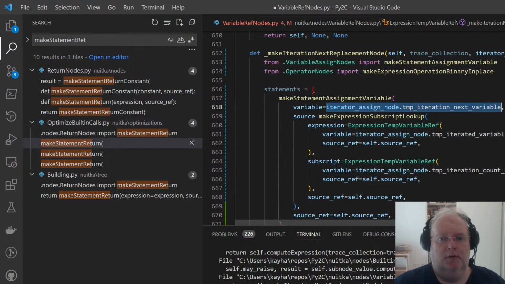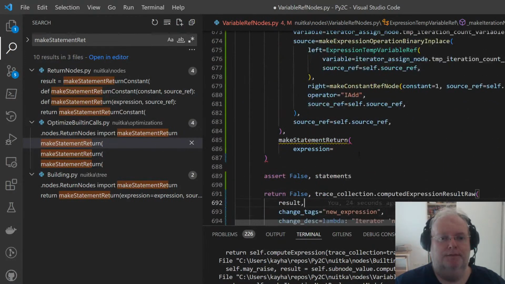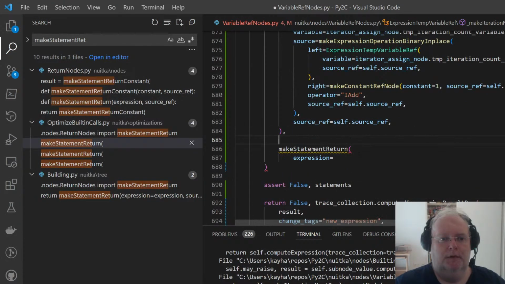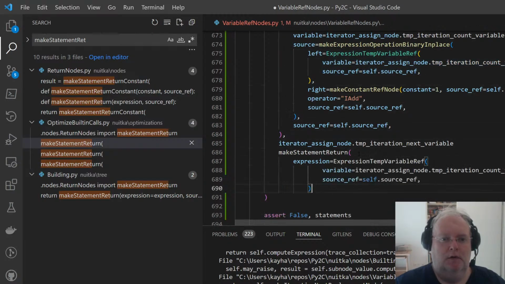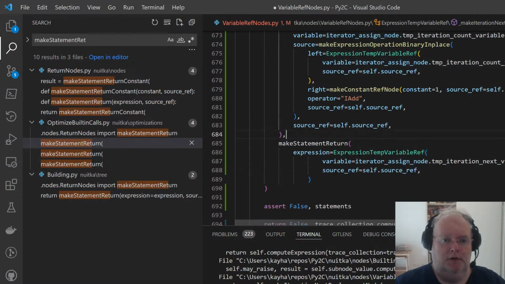So the next variable, we need to reference it. And let's copy a variable reference. Change the variable. This is the function body.